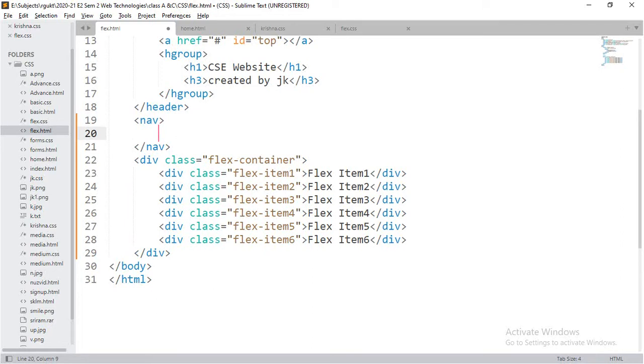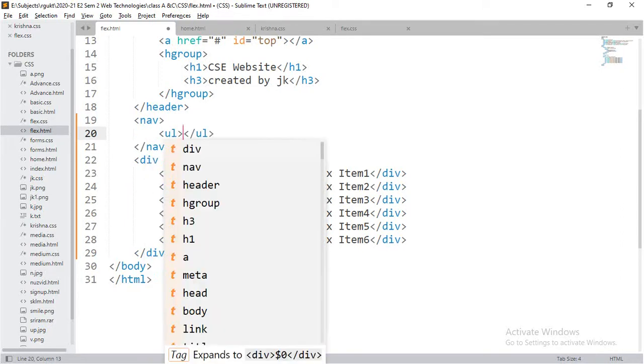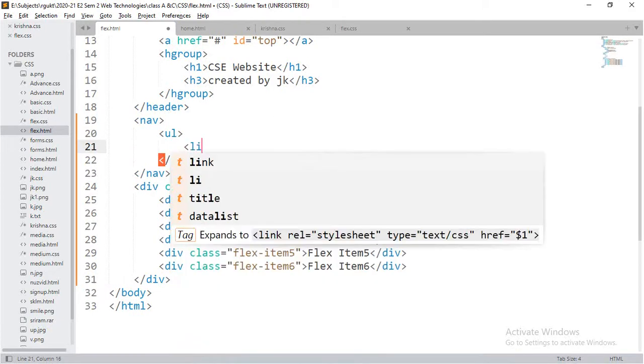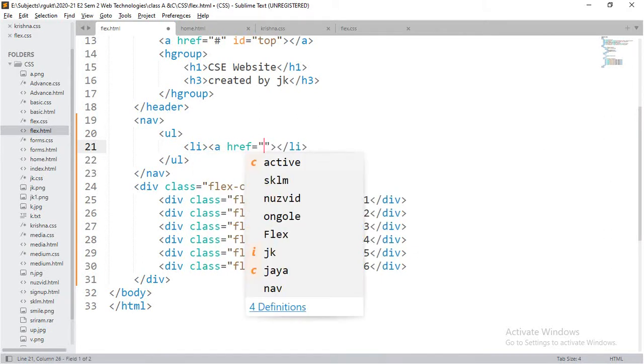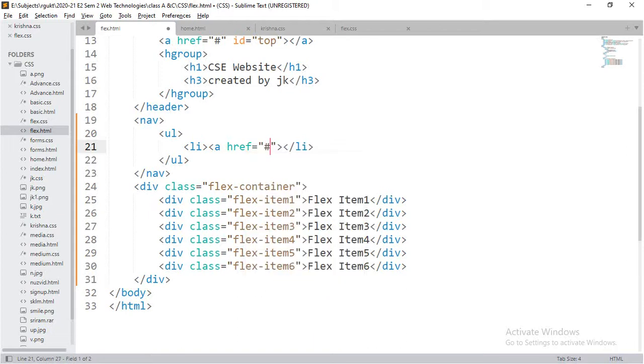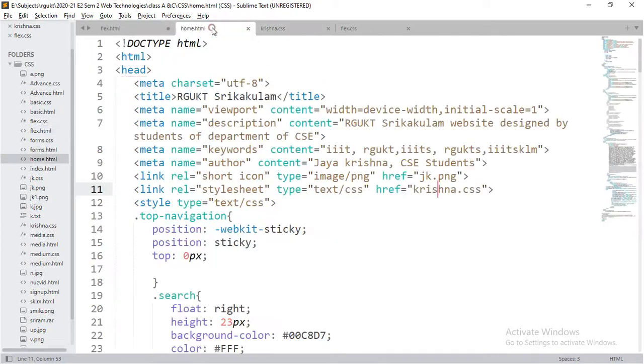I will take an unordered list, and in that I will take all the list items. For example, I'm going to take one anchor tag with href equal to hash, not any kind of website. Instead of that, why don't I copy this one?